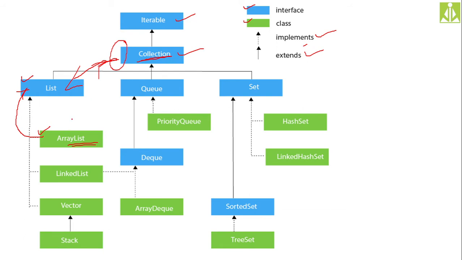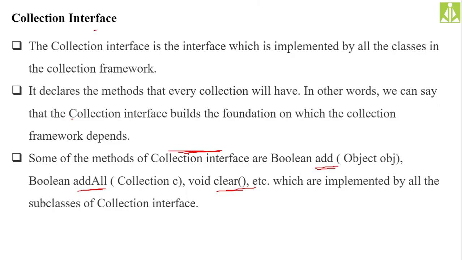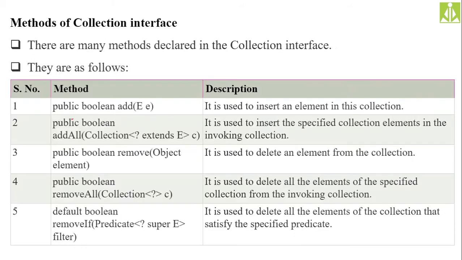and you can use that instance in further processing. Very soon when we do the practical programming, we will understand those things. So these are the methods which are abstract inside the Collection interface, like add, addAll, remove, removeAll, then removeIf, where with a condition also we can remove. These are example abstract methods, because they are not going to have any implementation or body, they just have the declarations. So the Collection interface is going to have all these methods.